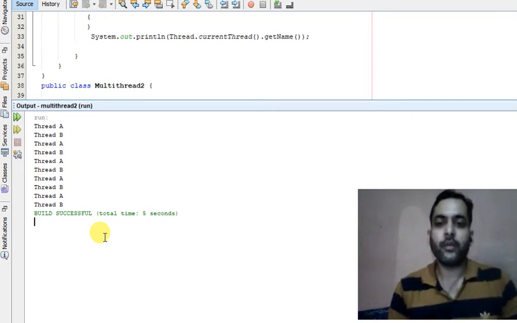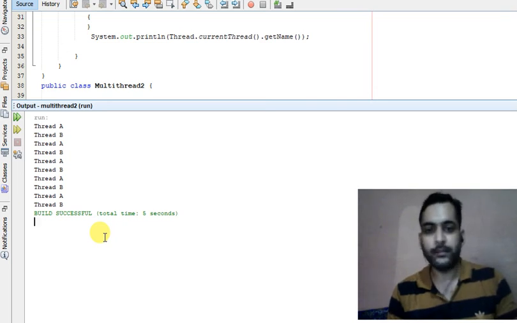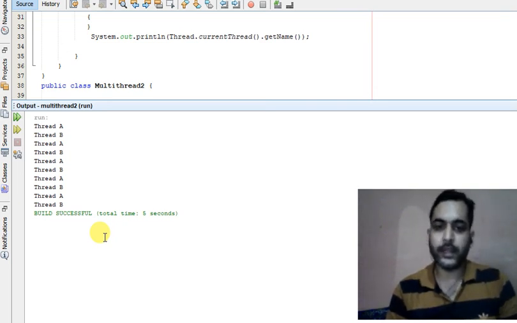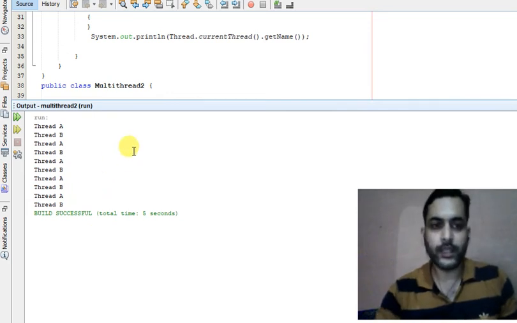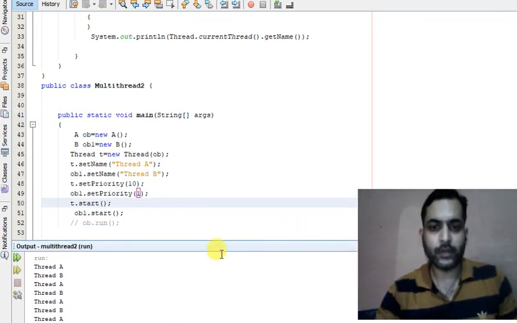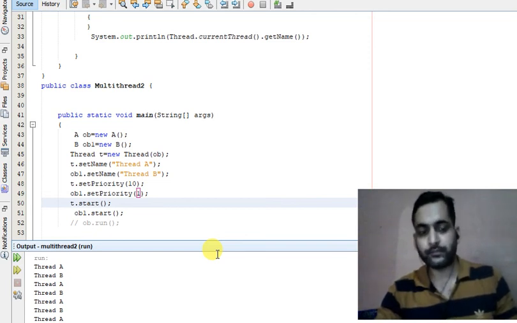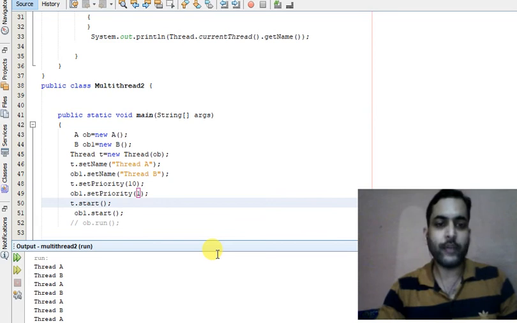So likewise, I am running this code on a multi-core CPU, and the different cores of the CPU can handle the different threads individually and concurrently, right? And this is also a request and not a command. We cannot ensure that if we set the highest priority to some particular thread, it will run first, means it will finish its execution before any other thread. It cannot be ensured.